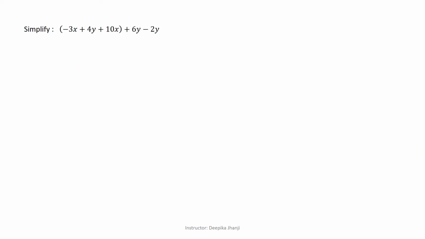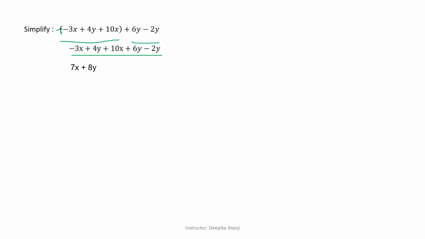Okay, let's practice this technique now. So I have two expressions here. One is in bracket and the second is 6y minus 2y, right? First of all, we'll open the bracket. When you open the bracket, you will take care of the sign outside it. There's no sign, which means it's a positive sign. So we can simply open the bracket without changing the sign, right? When you open the bracket, you get this expression.